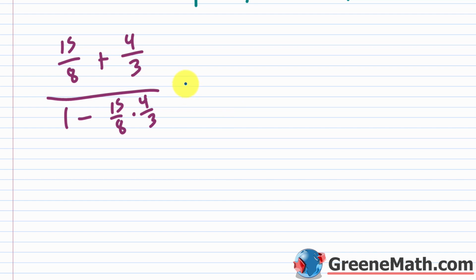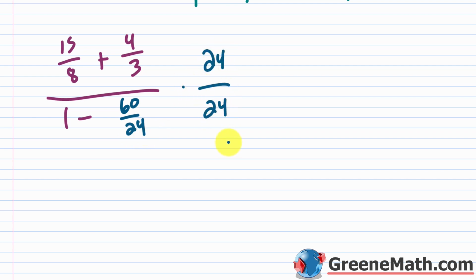Again, the strategy I'm going to use, you could multiply this together now. I would not cancel anything because you have an 8 and a 3 and then an 8 and a 3, and if you go through and cancel, you're going to end up with the same answer. So what I'm going to do is say this is going to be 15 times 4, which is going to be 60 over 8 times 3, which is 24. So we don't have to reduce that right now, because what I'm going to do is say this is 24 over 24 that I'm going to multiply by, because you have 8, 3, and 24 for the denominators, so the LCD is 24. So this would get distributed,